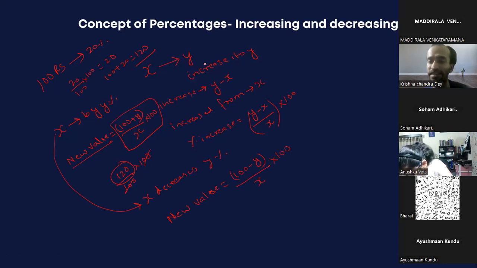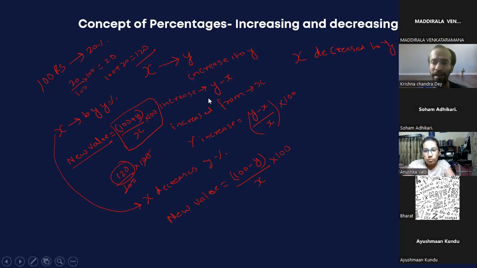And suppose it has been given that x has decreased to y. So what is the decrease? If you do y minus x, you will get the answer in negative, which means that it is a decrease. If you want to get it in a positive manner, do x minus y by x into 100. Only the negative sign will show that it is actually a decrease. That's the only difference, right? It's clear to everyone, right?